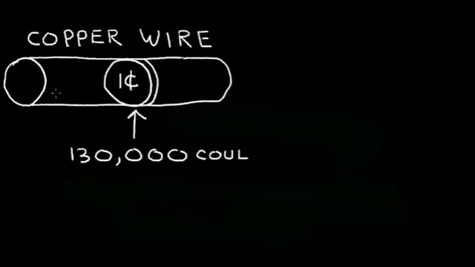In a previous video, I talked about a copper wire that was the diameter of a penny. I said that this penny contained 130,000 coulombs of electron charge. And we gave the example of 1 amp of current flowing in this wire. And since 1 amp is a coulomb per second,